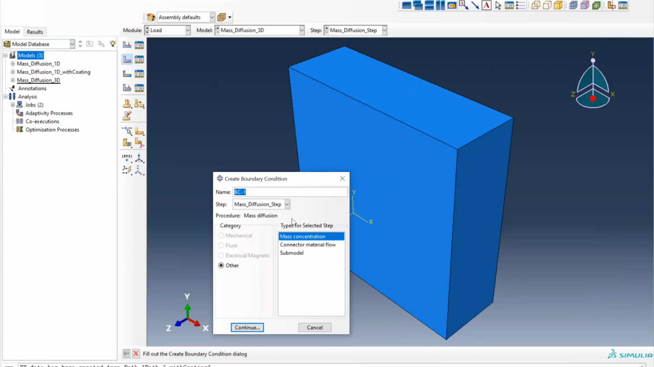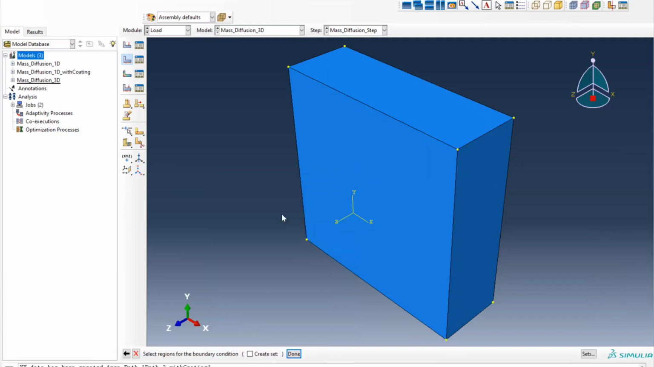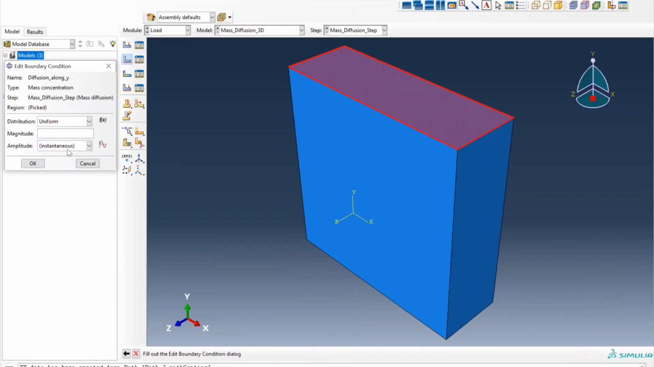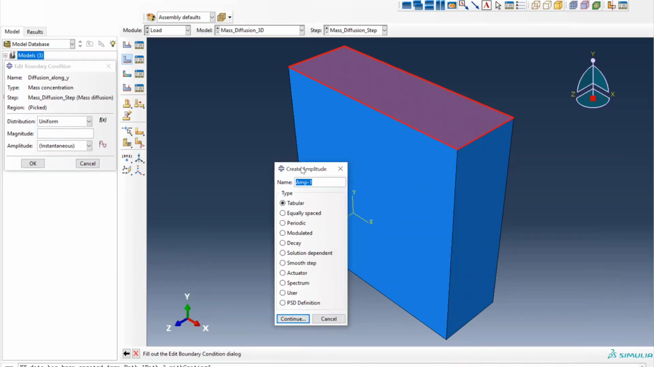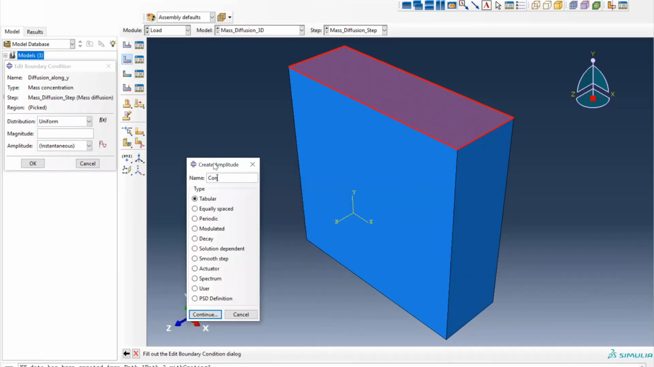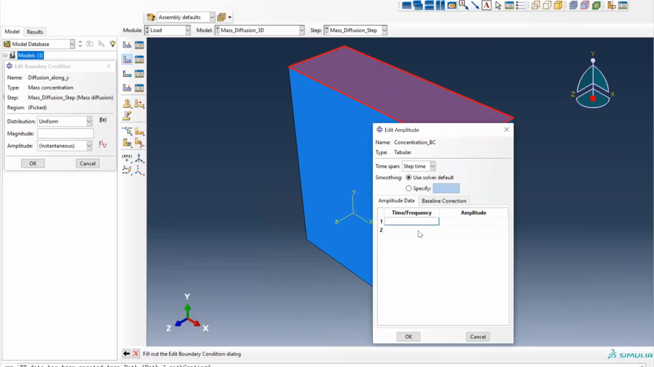Let's call it diffusion along Y, and let's set it to here, and so it's good. Now we can recreate the amplitude, though we can't call it from the last one, but let's call it concentration, boundary conditions, amplitude, and just like what we did last time,